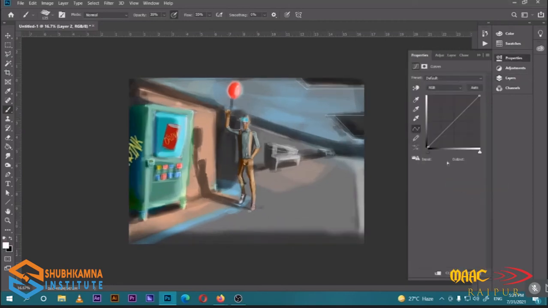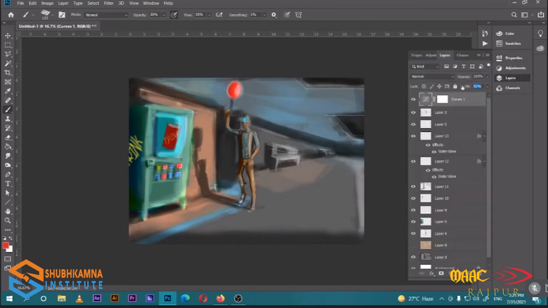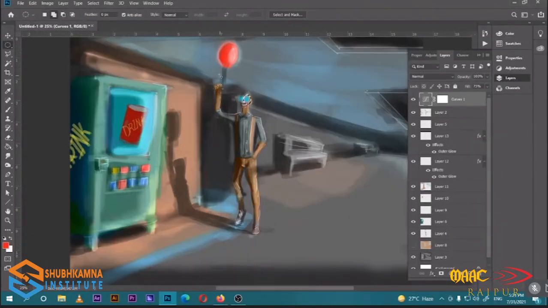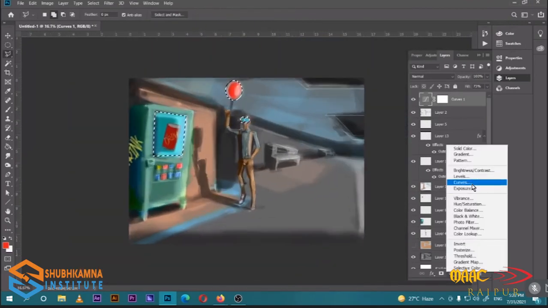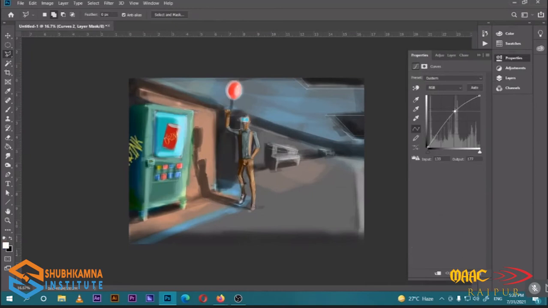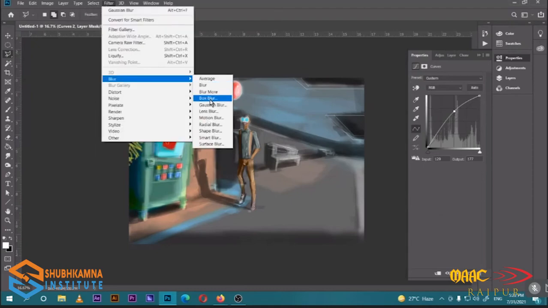And I'm gonna put some curves over here and a bit of contrast. Now let's go and select the ellipse and again go to get the curves and add some of the lights over here, and then go to filter, blur, Gaussian blur.